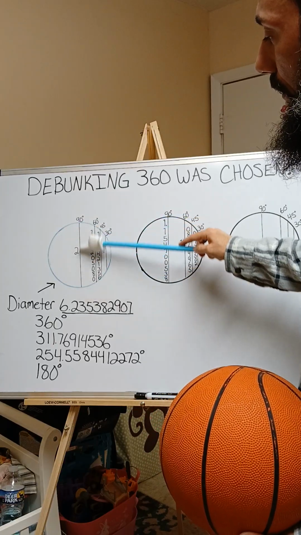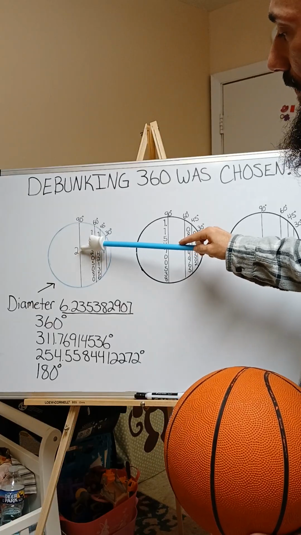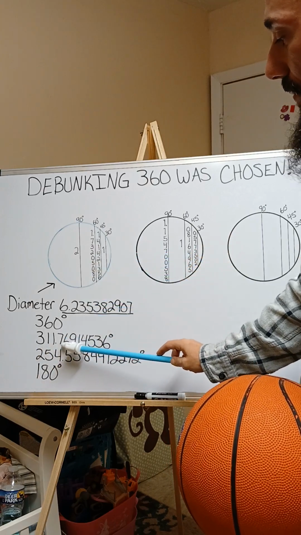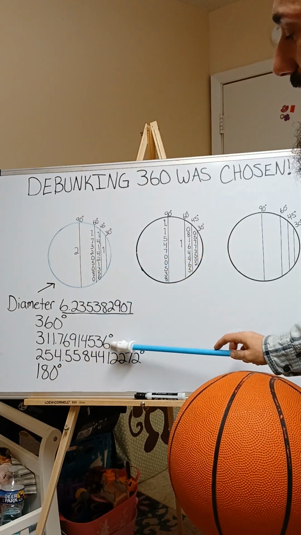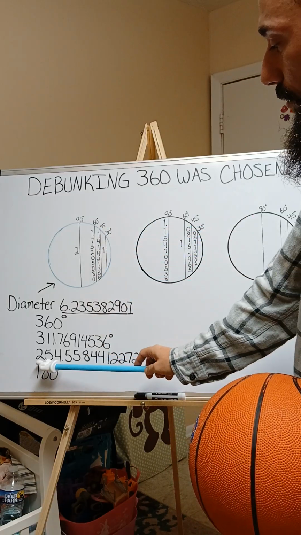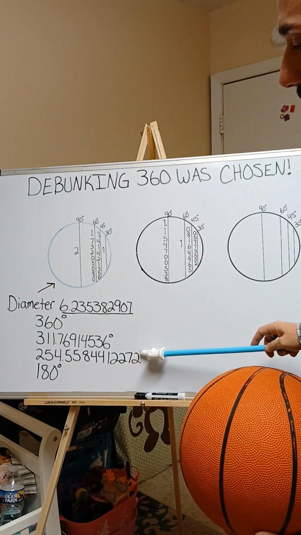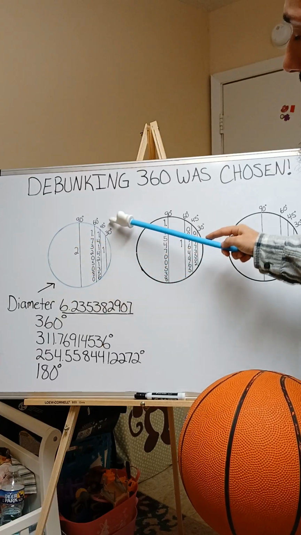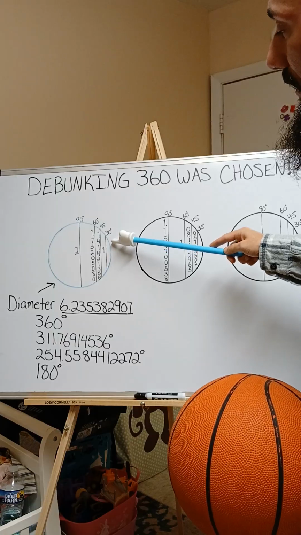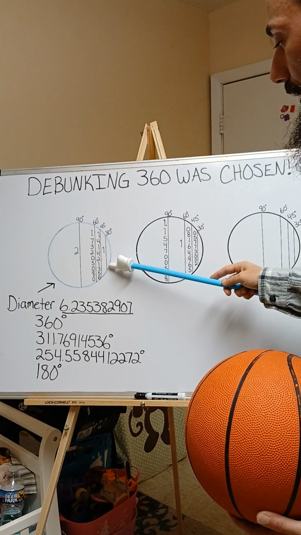Okay, so the diameter will always, the answer will always equal where 360 degrees is. The 60 degree position will always equal where 311.76914,536 is. The 45 degree position will always tell you where 254.55844,12272 degrees is on the main circle. And lastly, the 30 degree inside height multiplied by pi will always equal where 180 degrees is on your circle. Okay, now